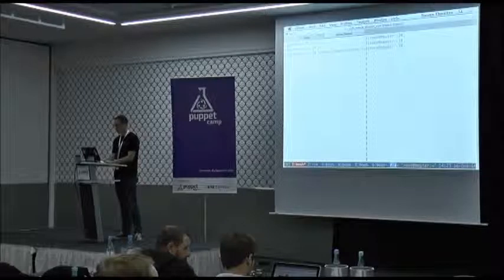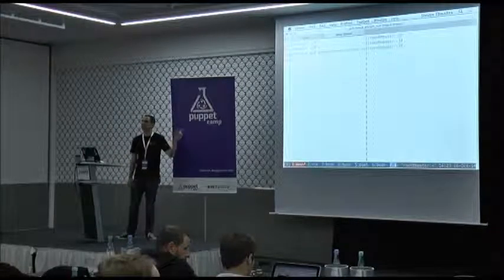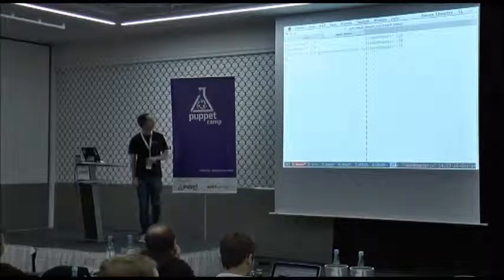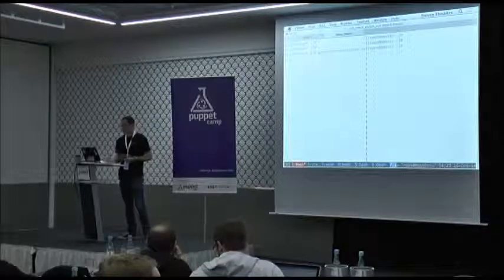I can ask Puppet to tell me about the root user on this system. Sorry about the resolution on here. Can you all see it at the back, by the way? Is it all clear enough? Great. So I can ask Puppet to tell me about the root user on this system,